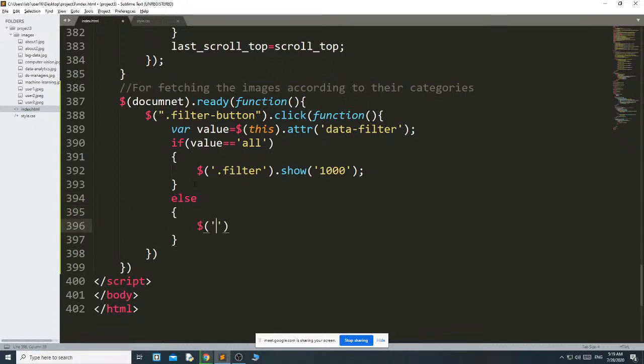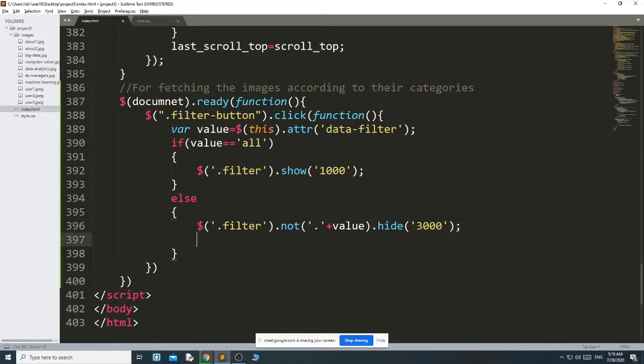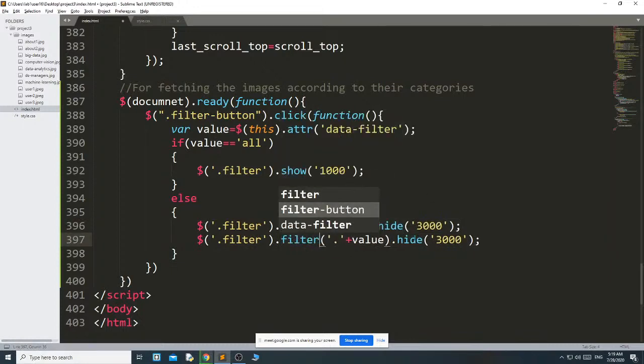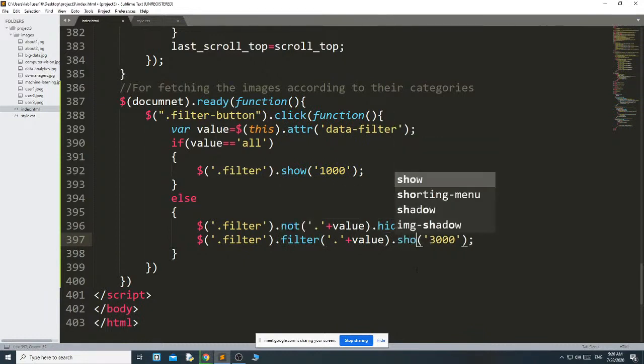Okay, else dollar dot filter dot not plus value dot hide, and the same thing but here filter dot show.